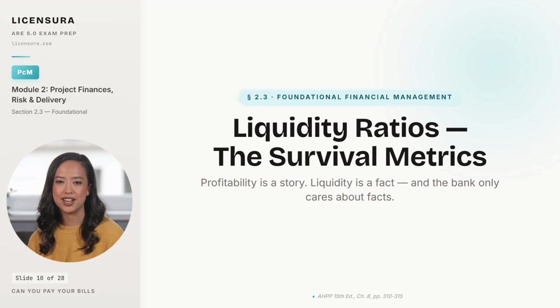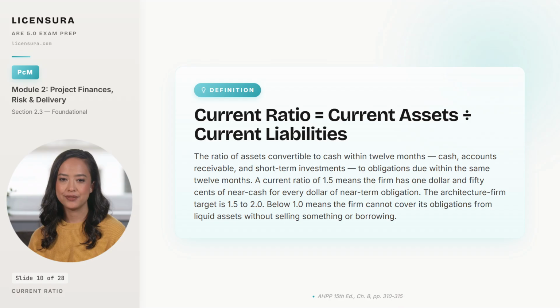The first of the 3 is the current ratio, which measures whether your liquid assets cover the bills coming due. The current ratio is the most watched single liquidity metric in professional services finance. It's the ratio of current assets, meaning cash on hand, accounts receivable, and anything else that converts to cash within 12 months, divided by current liabilities, meaning all obligations due within those same 12 months. A current ratio of 1.5